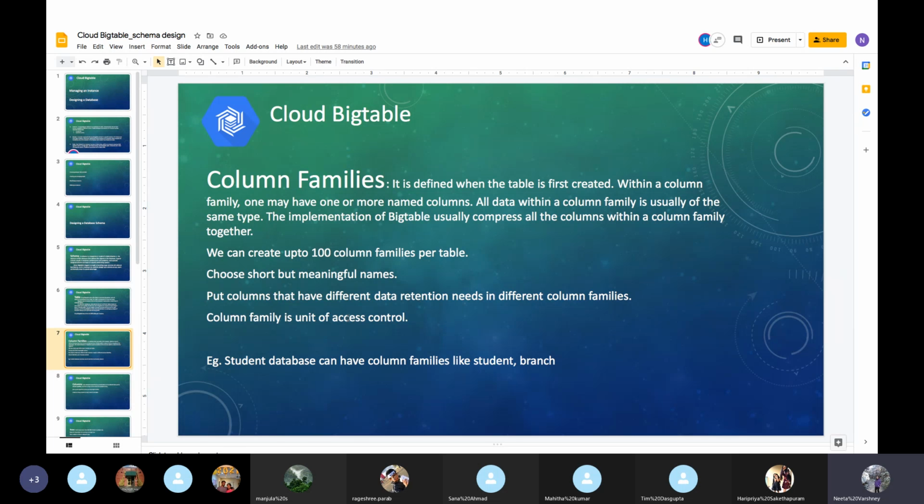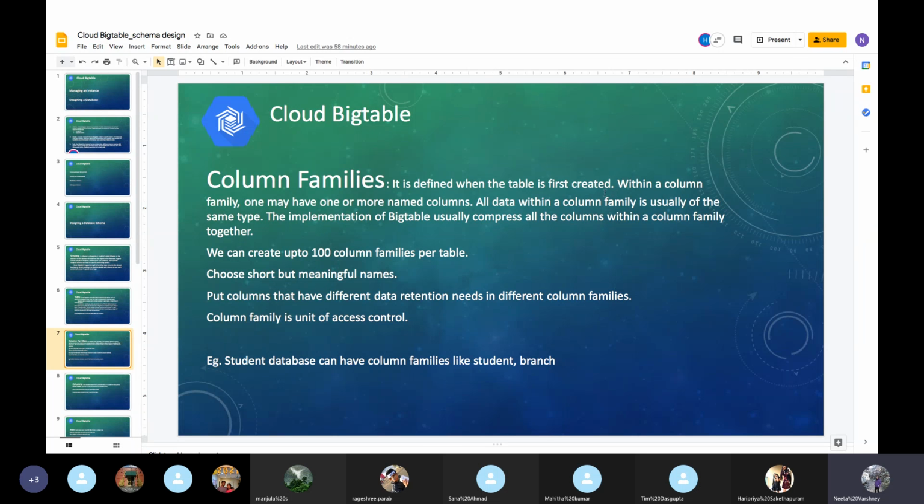So we can create a column family which consists of these three columns, and another column family as branch, in which we can have some more columns like branch name, their GPA, or anything related to their college life.